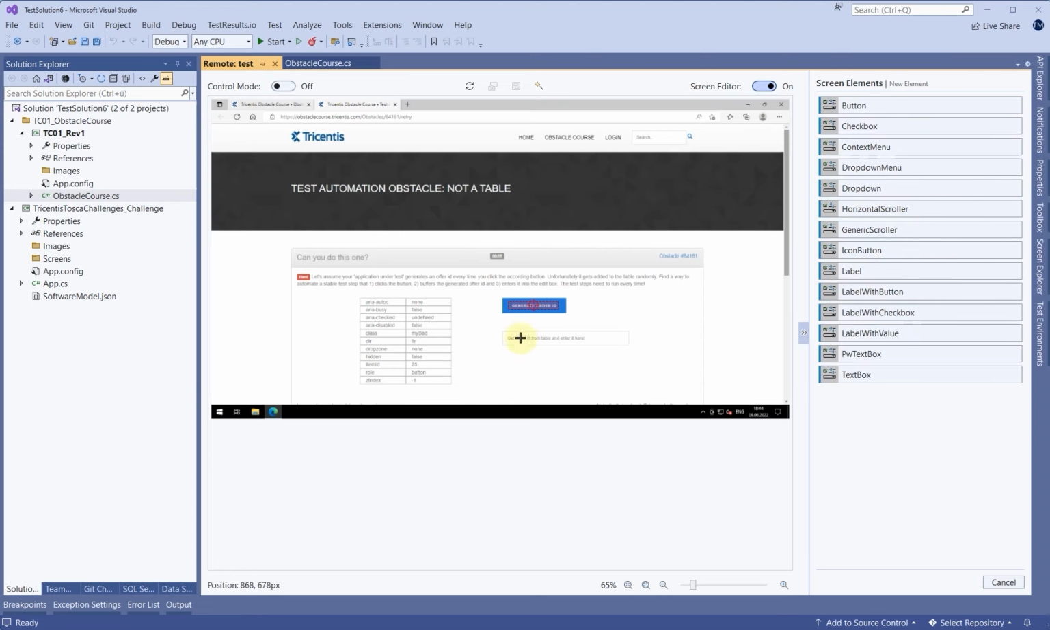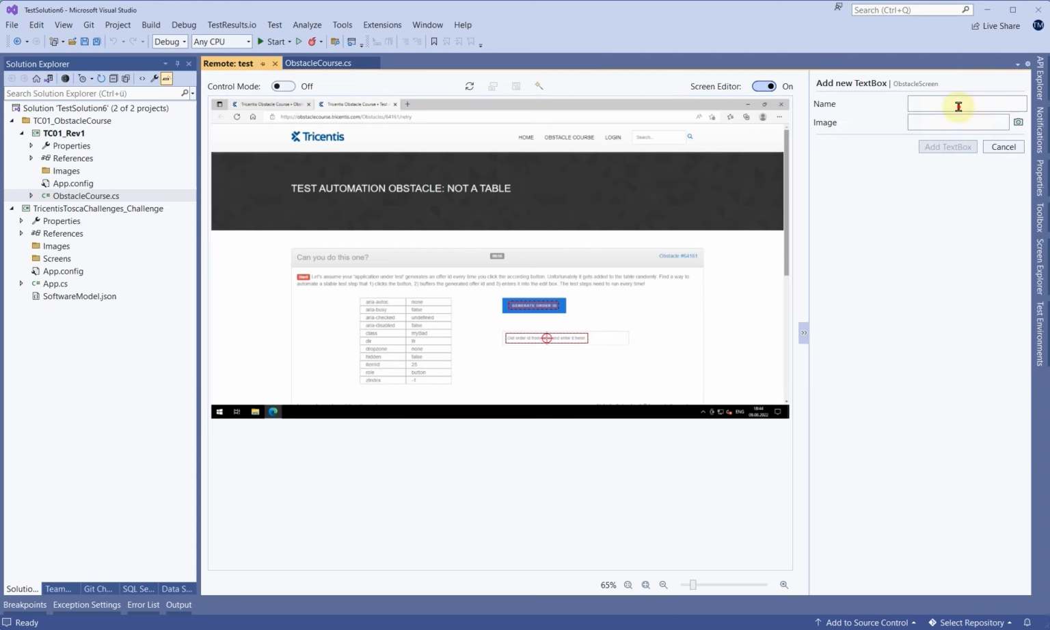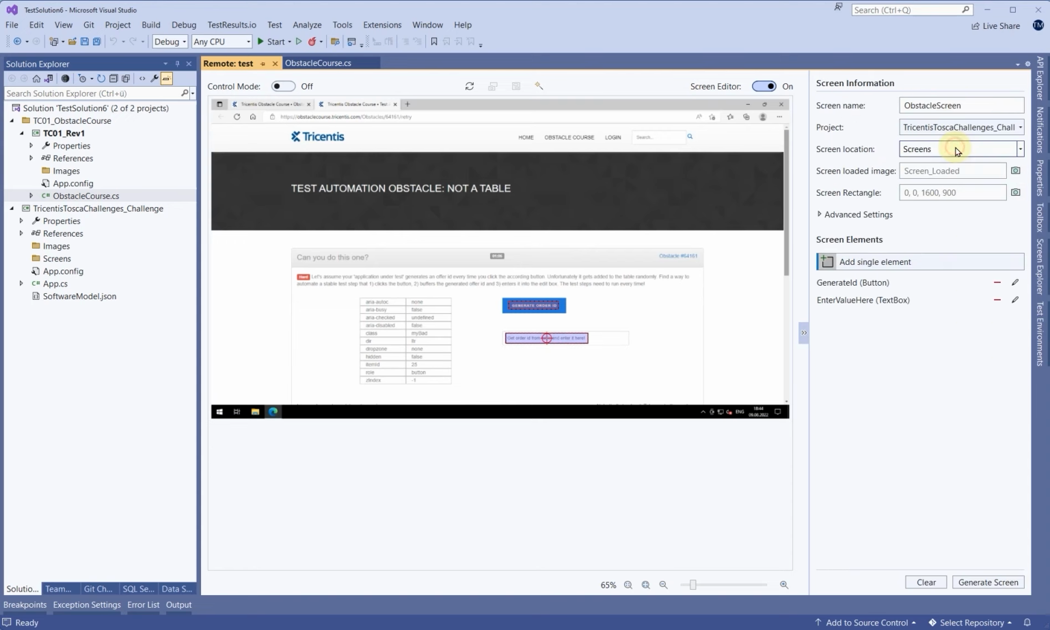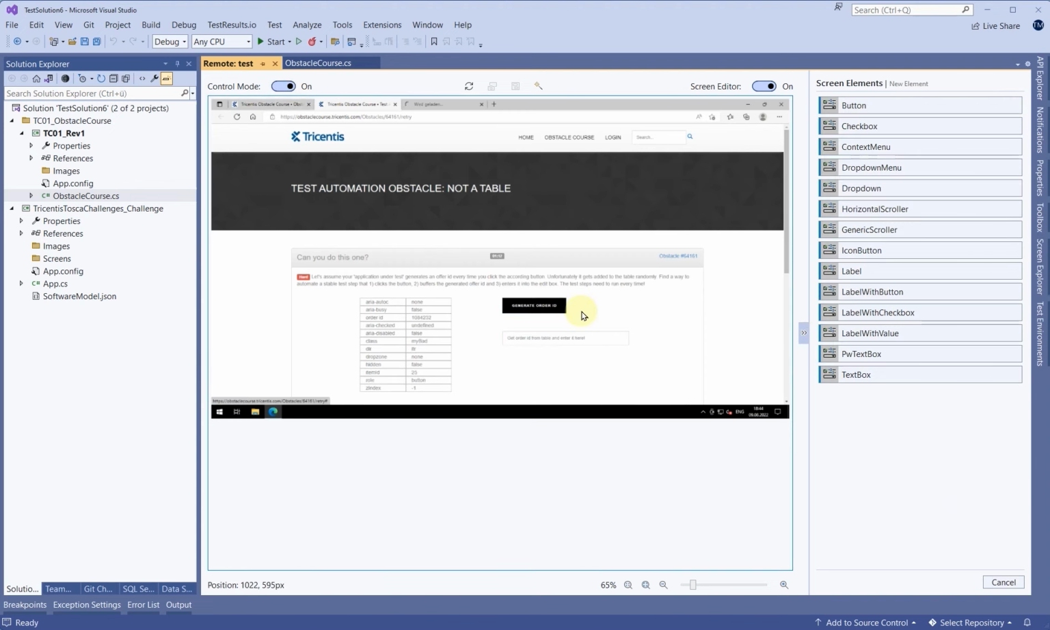The next thing I'm going to add is the text box over here. So we call that enter value here, text box. Everything else is too long for me. And yeah, let's just do that. We save it. The visual cues are generated. And now for the next step, I need to interact with the system because I need to generate the order ID. As you can see, it appeared somewhere